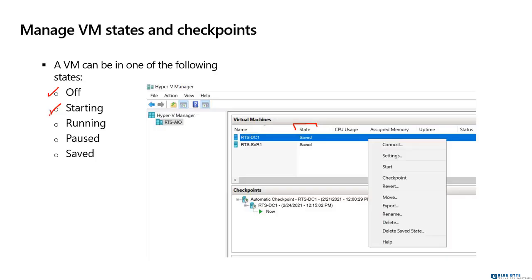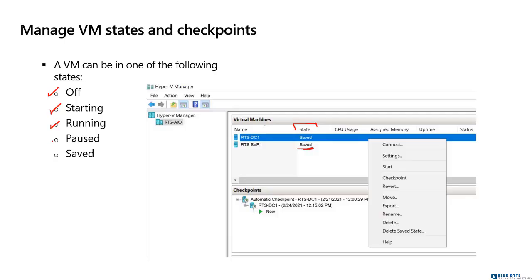When you start a virtual machine, depending on what applications the virtual machine runs, it may take a few seconds, maybe slightly longer, to power fully up. As it's starting, your state here will just say it's starting. As soon as it completes all those startup processes, it moves to a running state. So normally, when you look in the Hyper-V Manager, all your VMs are going to be in a running state